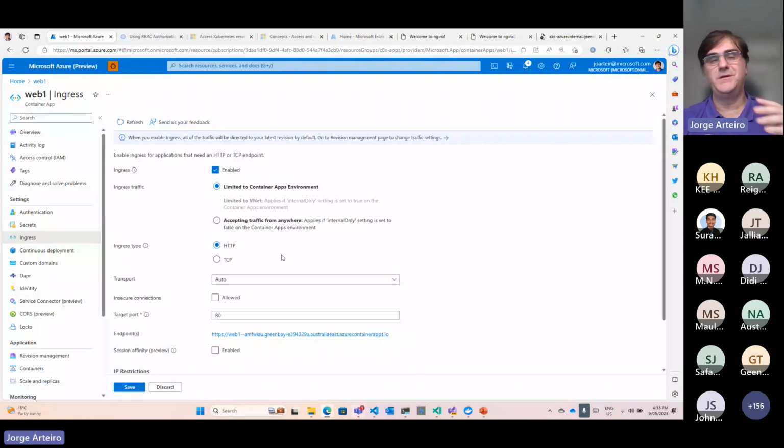Yeah, because when you deploy, even inside the same container environment, when you deploy the backends, you don't want to expose the backend to the public, like the API. If some people develop a microservice that's completely isolated from the front end, the front end is not calling that directly. You normally have an API that calls these microservices, and those backend microservices could be completely isolated if you want. And also enterprise companies don't want to expose the internal applications to the internet, and they use custom domains. They even use private DNS to be available only inside the company.